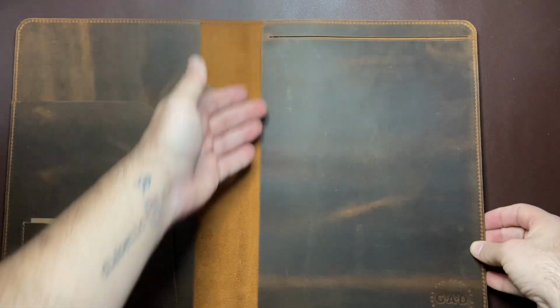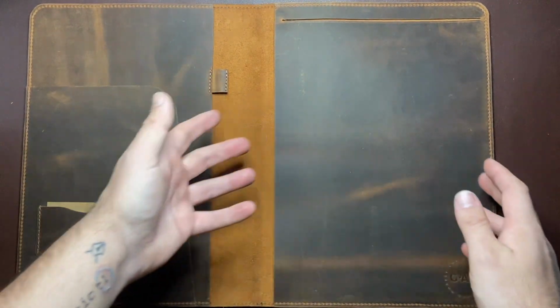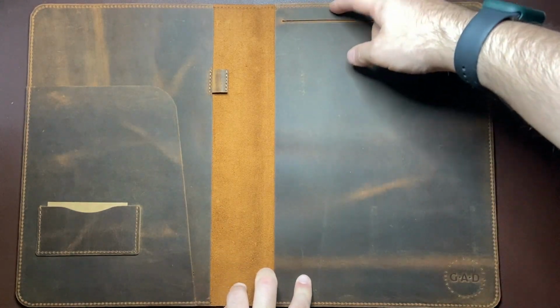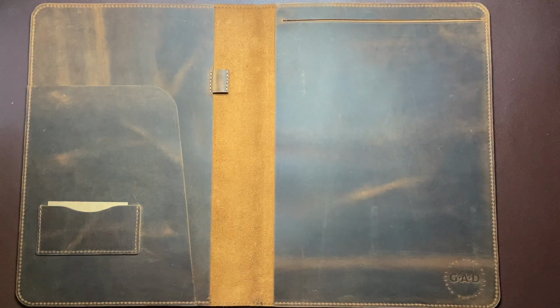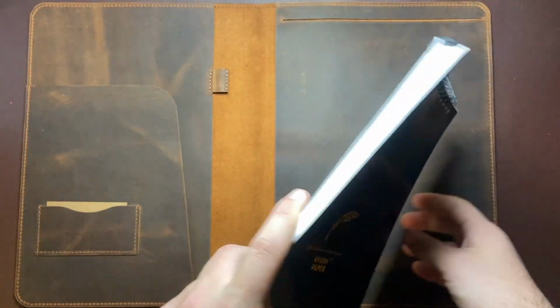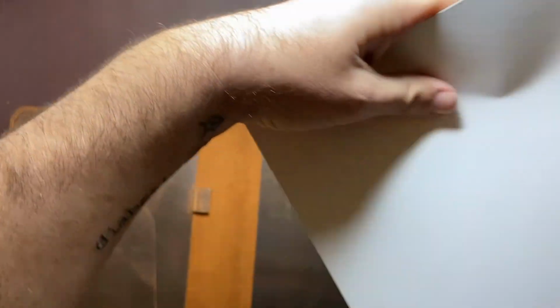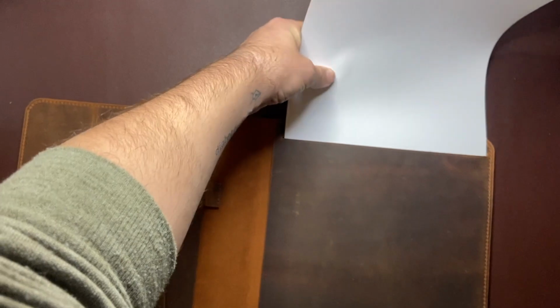So you can either put a notebook in there, like a lecture pad or something like that, or you can put a top fold pad down the slot there, which is what I tend to do. I have my Ayush paper pad here, which is one of my favorite pads for fountain pen use, and I put that down in there,